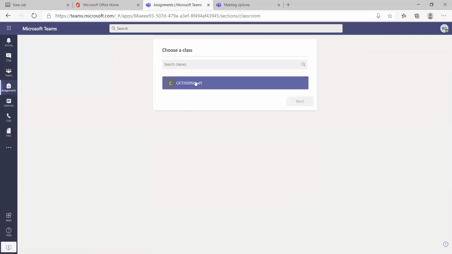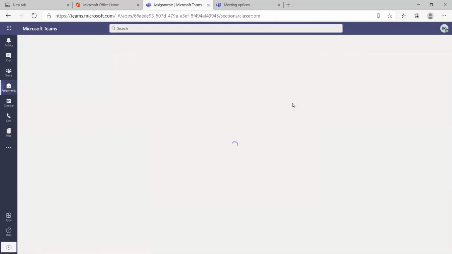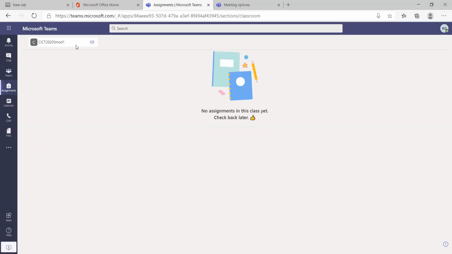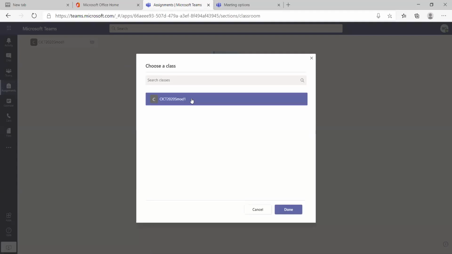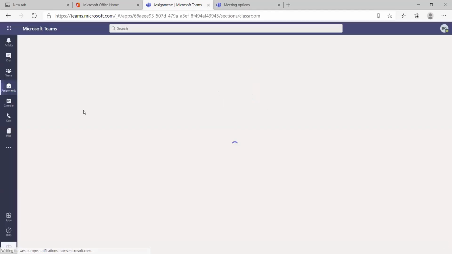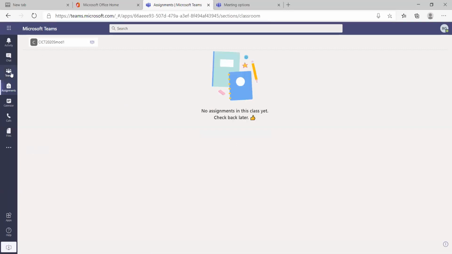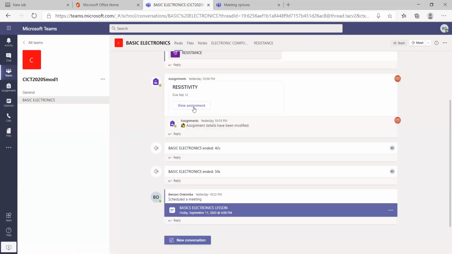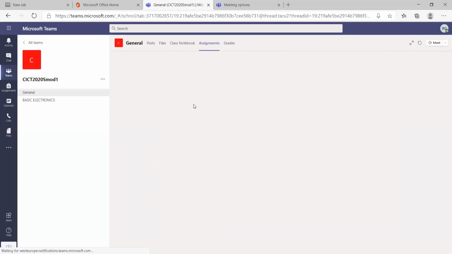And the good thing is that you can choose the class, then click next. I don't know what's happening, but if you can look at these particular posts, you are able to give an assignment and you can view the assignment that had been given.